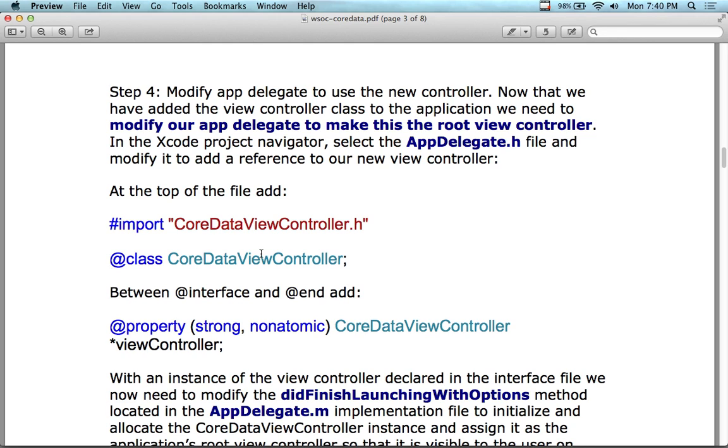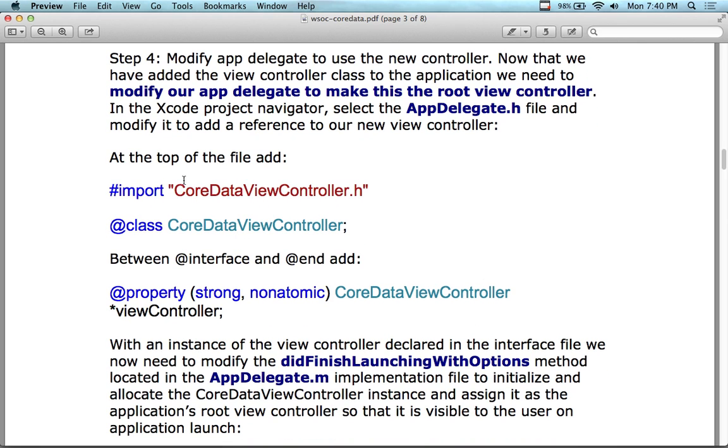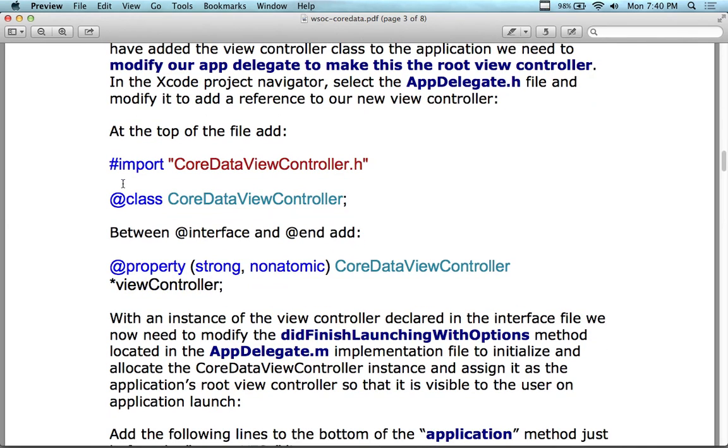So we're going to add the... actually, we did it for the category, or protocol or something. Can't remember. So at the top of the app delegate.h, which is the delegate that's controlling the flow of the application, an instance of the view controller is declared in the interface file. You modify the did finish launching with options method. Eventually, we're going to modify this method to initialize and locate the core data view controller instance,